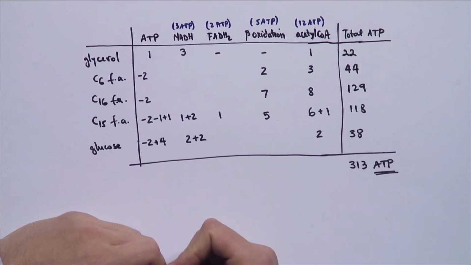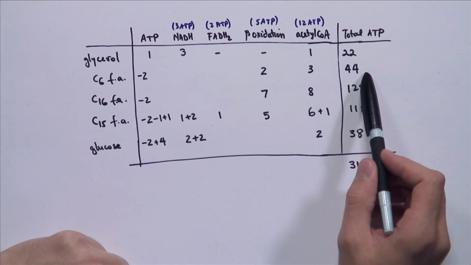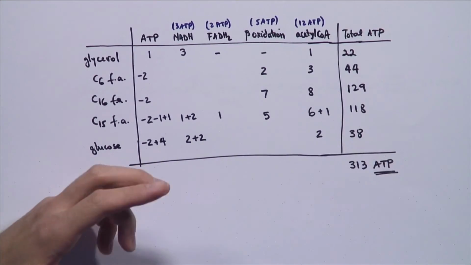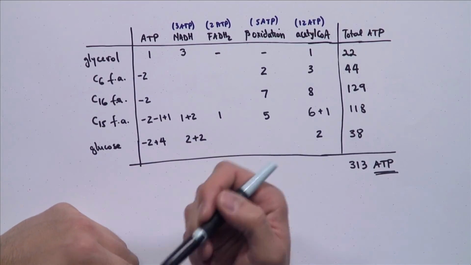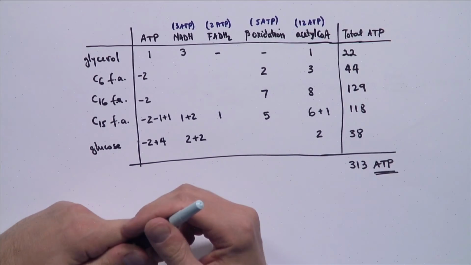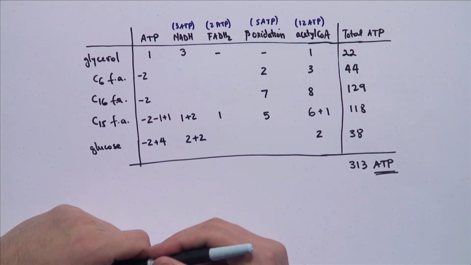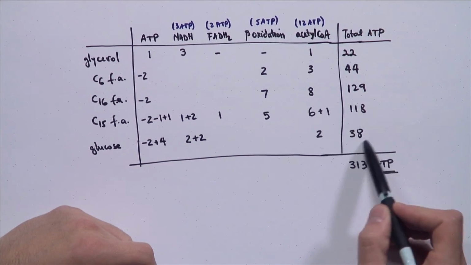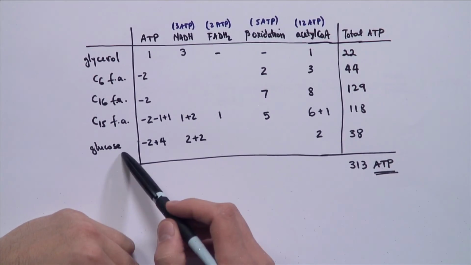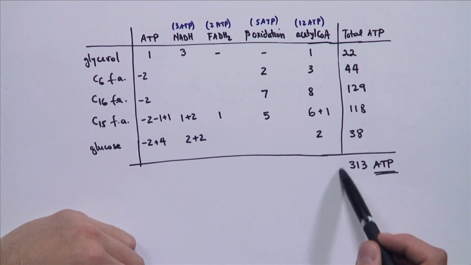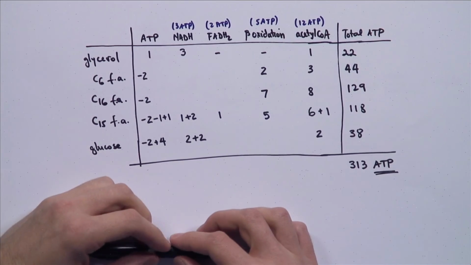All right. So as you can see, the C6 fatty acid actually generates more ATP than 1 molecule of glucose. And that's probably reasonable because the C6 fatty acid has a lot more C-H bonds. In other words, the carbons are more reduced. In glucose, we have a lot of hydroxyls, so the carbons are in a slightly higher oxidation state. Therefore, there's less energy generated total. Of course, 1 molecule of glucose pales in comparison with 1 molecule of fat, which has hundreds of ATP generated, as we saw in part A of this problem.